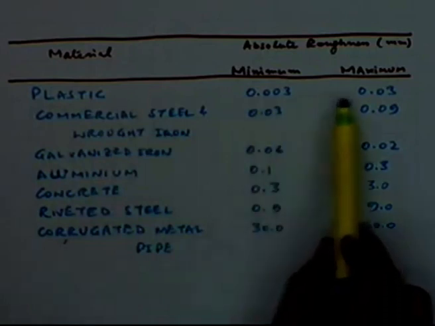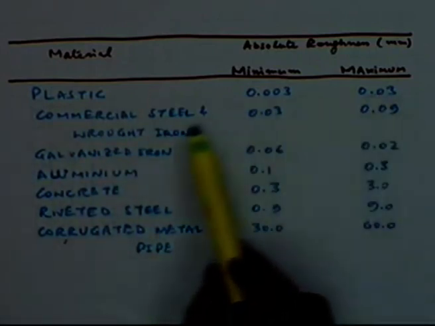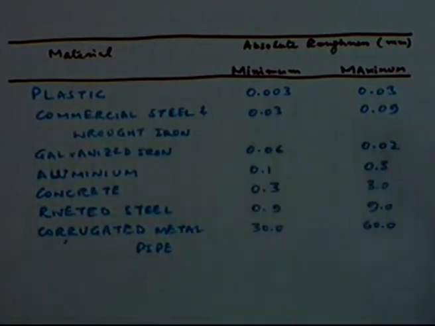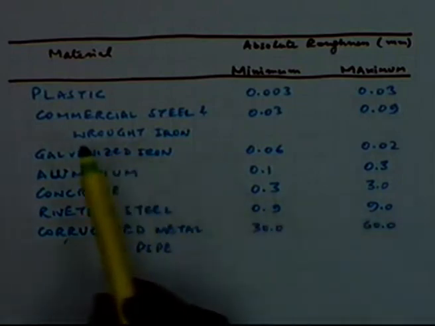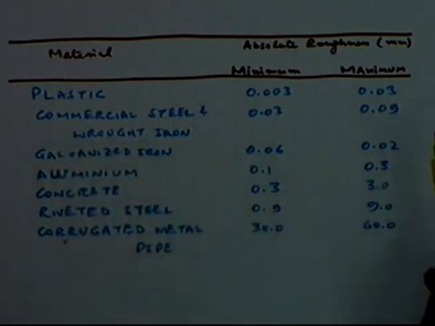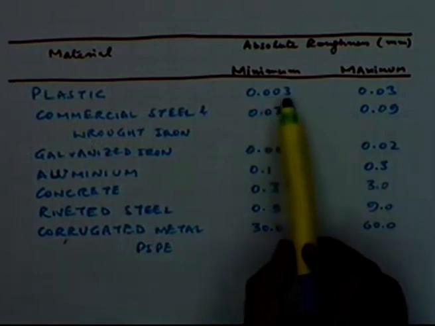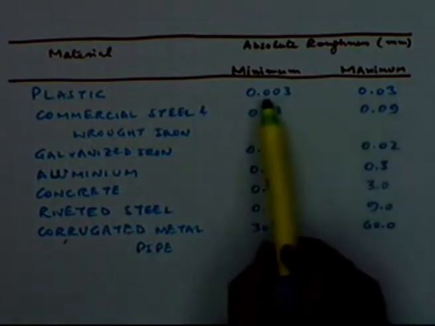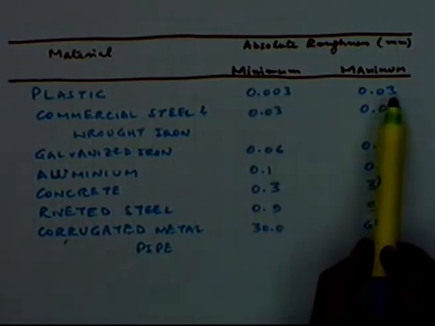For the plastic, the minimum and the maximum absolute roughness is given. So you will get an idea of what range to use, or the value has to fall within this range while doing the design. The exact value might change, because in this case also there is a lot of variation between the minimum and the